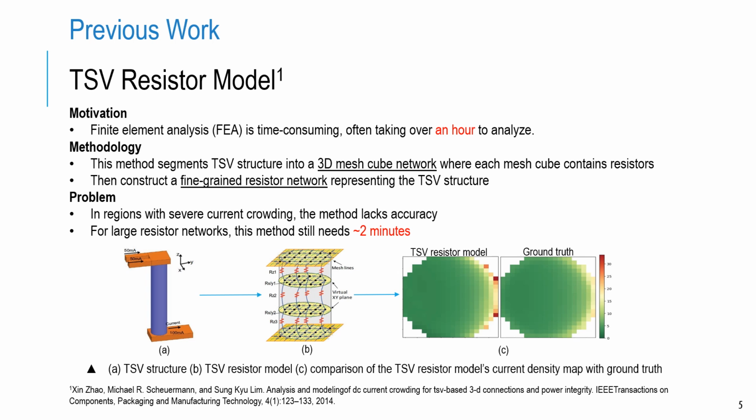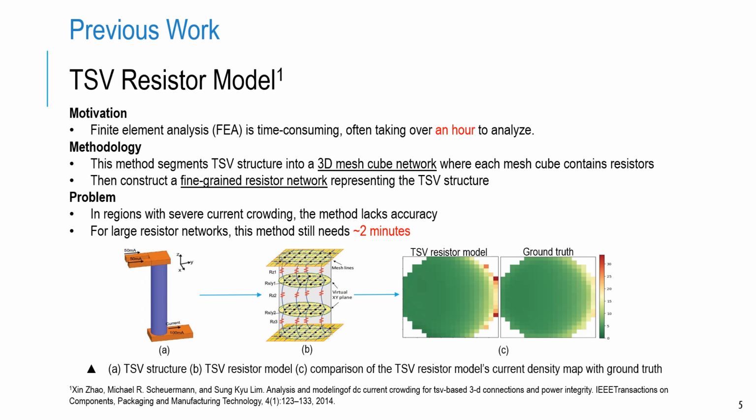This method segments the TSV structure into a 3D mesh of cubic elements, where each cube contains multiple resistors, forming a fine-grained resistor network. A circuit simulator can then be used to solve this network and obtain the current and voltage distribution. Compared to FEA,